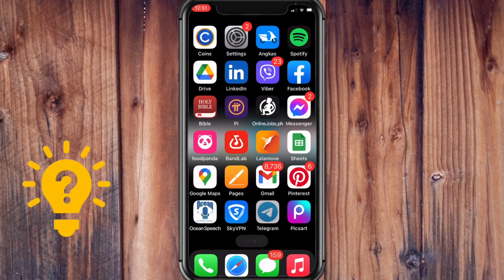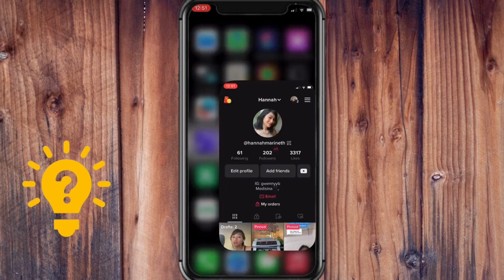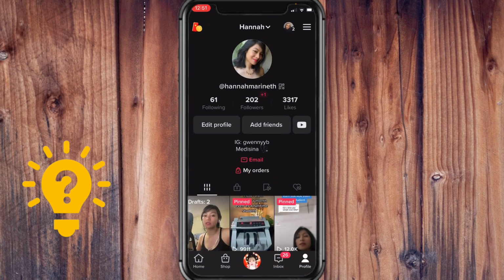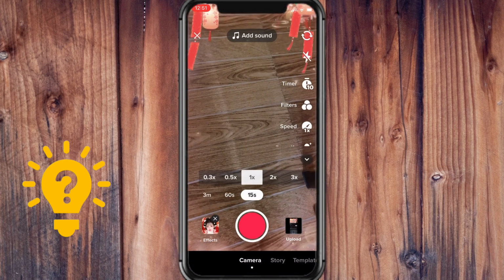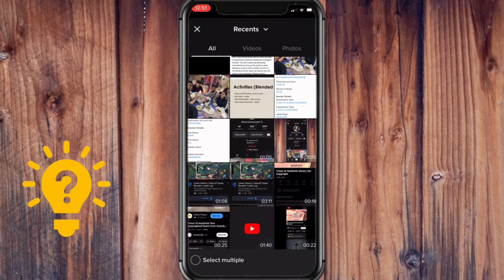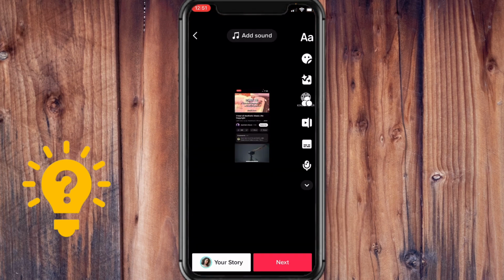Once that is saved, then go to TikTok, tap on Create, and here tap on Upload, and just choose the video from KineMaster. Tap on Next,